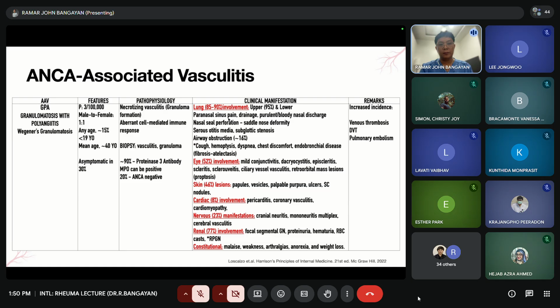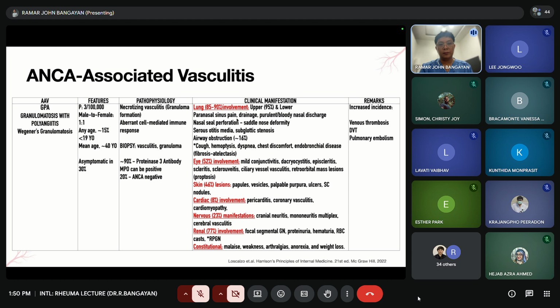Sometimes it can affect the ears owing to the connection of your larynx to your ears, your eustachian tube. There can be chronic purulent discharges over this drainage system. There can be a problem in your trachea. They present with cough, hemoptysis, dyspnea, chest discomfort, and fibrosis or even atelectasis owing to the involvement of your